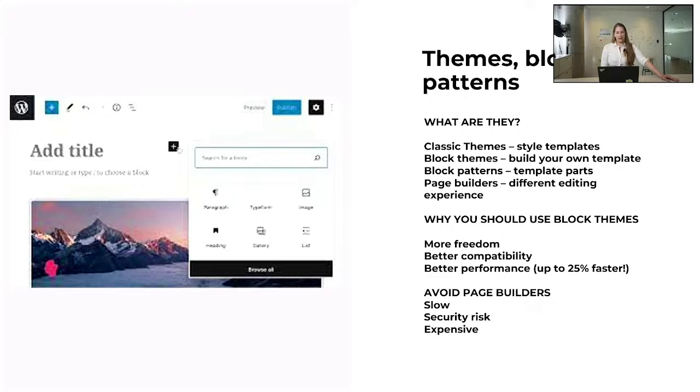Oh, there's another one. It's expensive because most page builders are freemium components. So they have a free version and then they have a full paid version to access all the features. And for this reason, they want you to pay. So when you end up trying to install the functionality you actually want, you will have to pay for it. So let's go back to